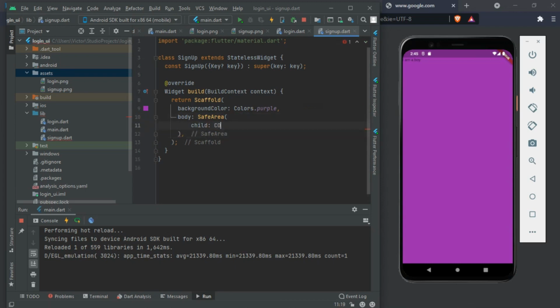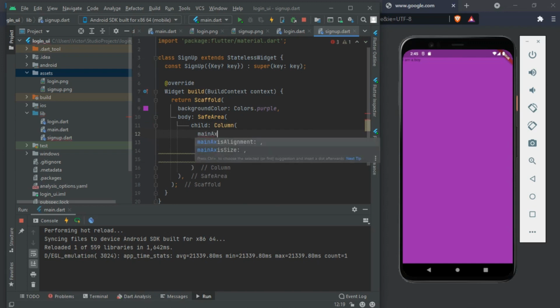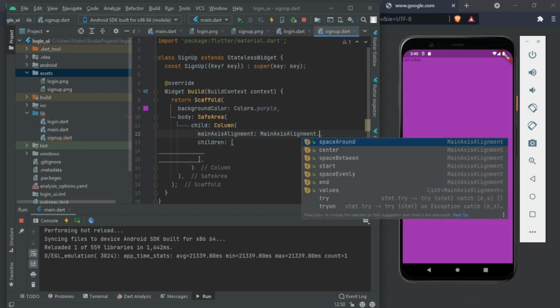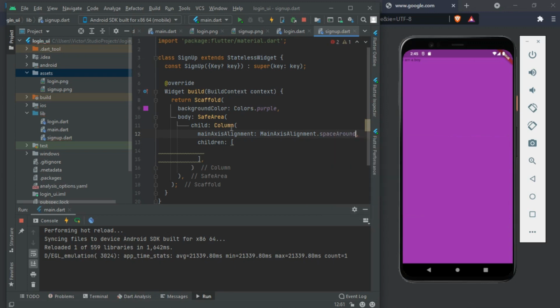So yeah, we have my column, and in my column we have the children, which I'll include in a few seconds. But let's just have mainAxisAlignment, it should be MainAxisAlignment.spaceAround. I want space around. Okay, and here we'll be having the